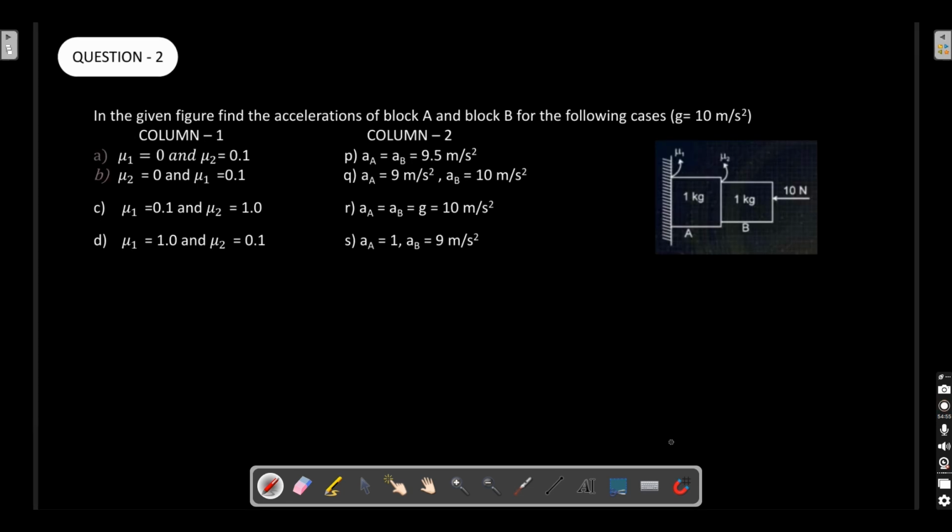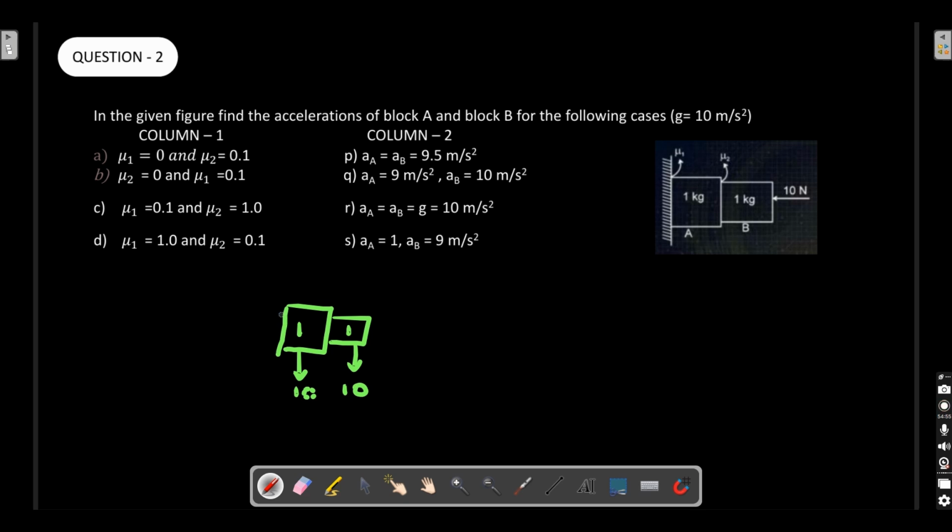Now let's see question number 2. If you solve this one particular question, all your doubts on blocks will be solved very easily. So all the 4 cases that I said before, we are gonna apply here. See it carefully, try to understand. So I'm gonna draw the blocks again. Let's say this is block A, this is block B, this is 1 kg, this is also 1 kg. So here you are gonna have 10, here also you are gonna have 10, right?